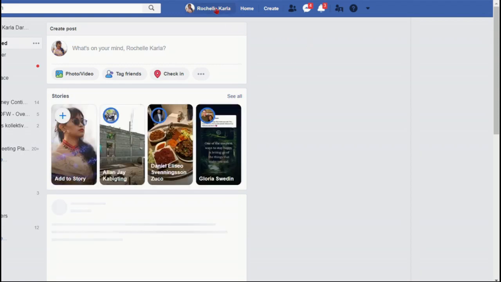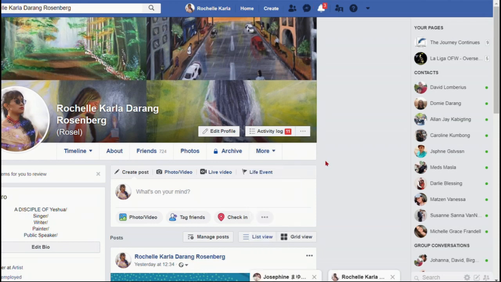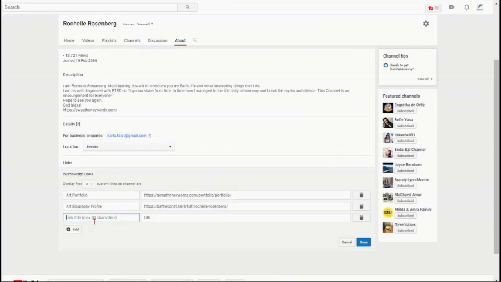Okay, so if I go to my Facebook account, we can take this link and copy it, and once we copied it, we can put it there, paste. Oh no, I'm wrong. I should put it on the URL. Okay, tapos dito ilalagay natin, we can put here my name,